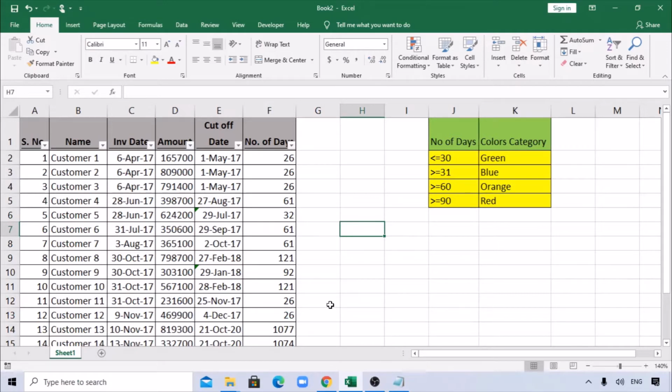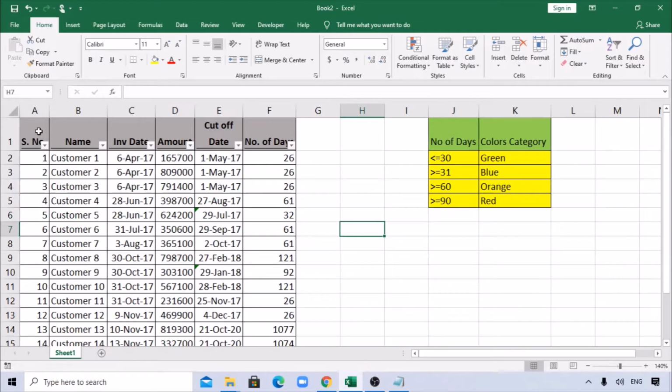Let's start. Most of us have come across a situation where we work on a new Excel file without saving, we do all the hard work, and suddenly we mistakenly close the file or the power goes and we lose our entire data, right? I think everybody has gone through that frustration. There is one option to recover it. Let's see how we can do it.